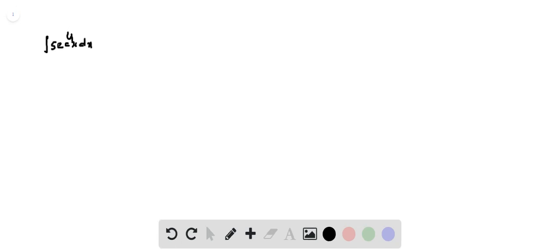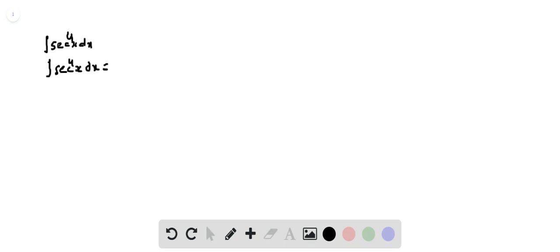So we are going to be evaluating the integral of secant power 4x dx. So the next thing we are going to rewrite the integrand. So integral of secant power 4x